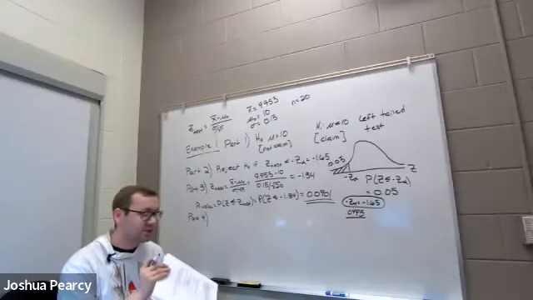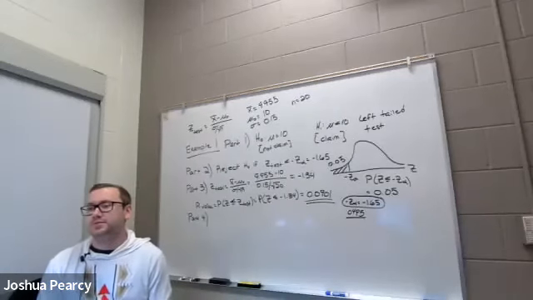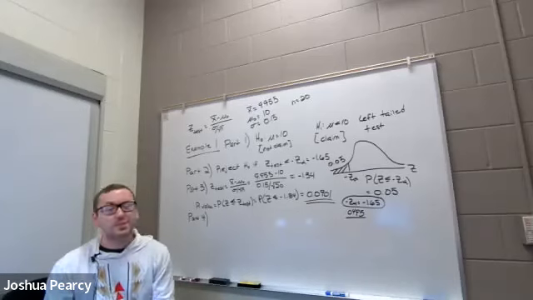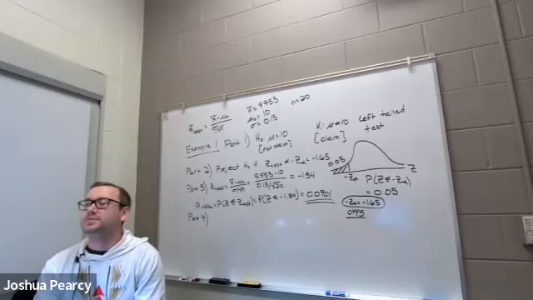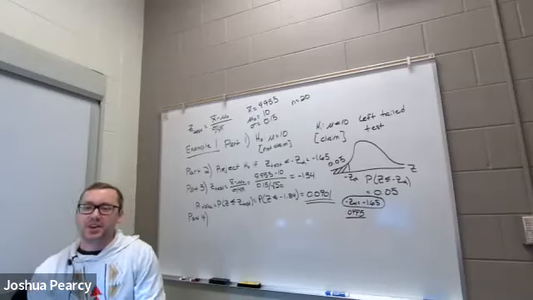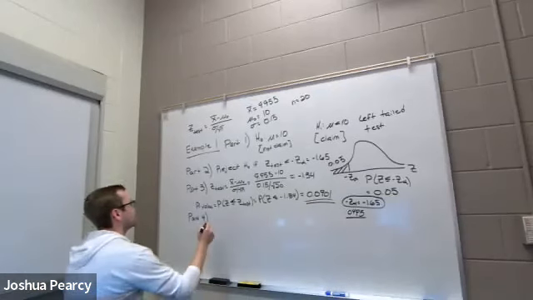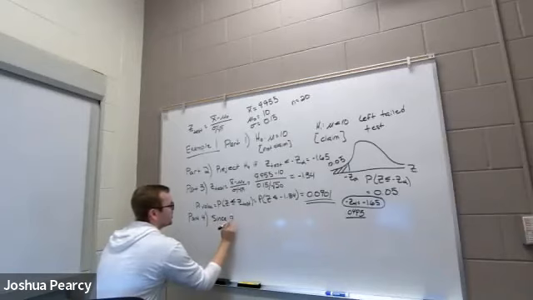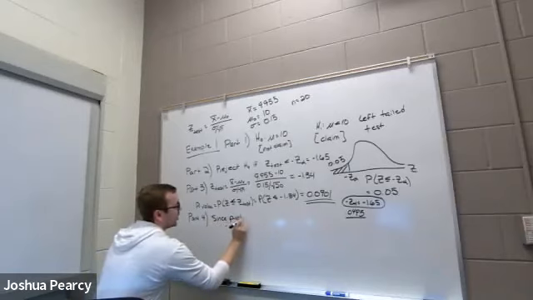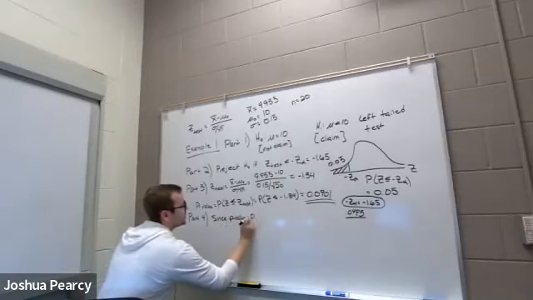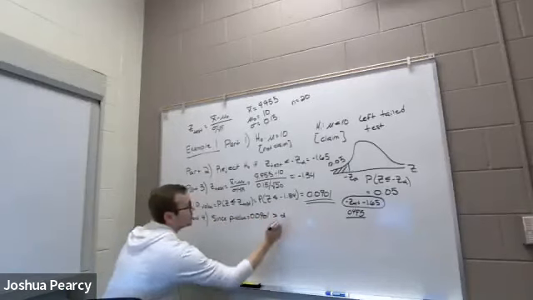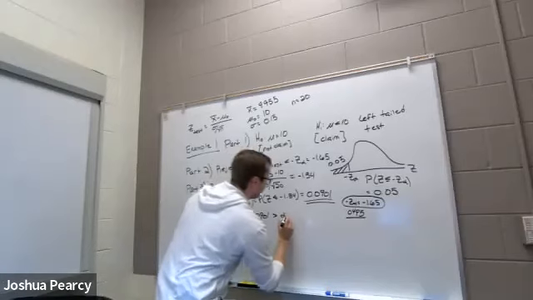In this case, what do we do? Is 0.09 less than 0.05? No, it's greater than. So therefore, since the p-value, which is equal to 0.0901, is greater than alpha, which is 0.05,